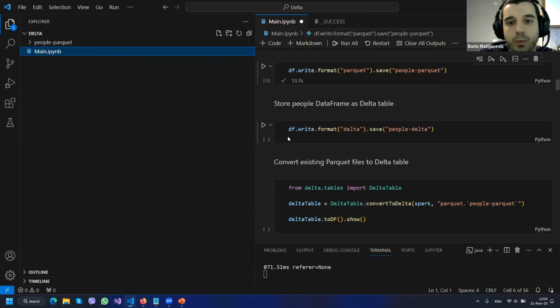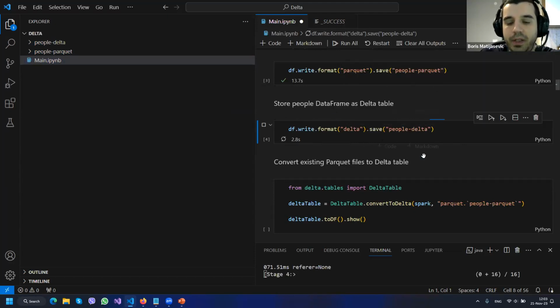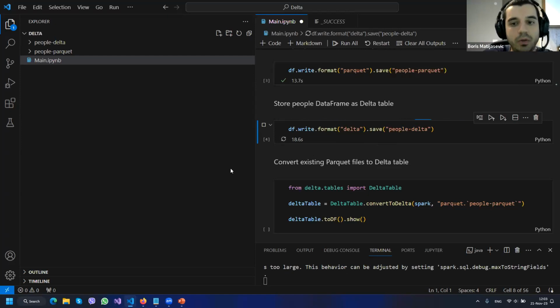Now let's try to write the same data frame to our delta table. As you can compare these two cells, the only thing that is different is that you need to change the format from Parquet to format delta. And I need to do this only here on my local cluster, local setup. On Databricks, for example, a long time ago they changed it so that delta is now the default. So on Databricks, if you write a data frame and just do the save, you'll get it automatically